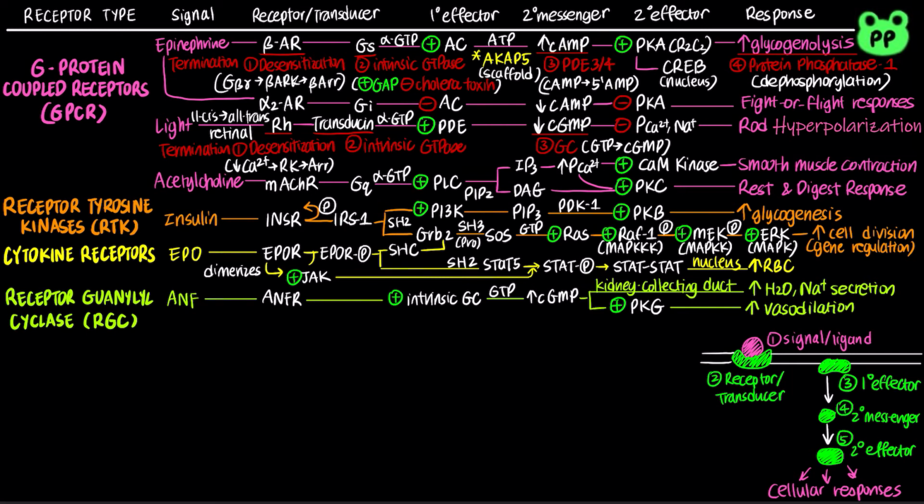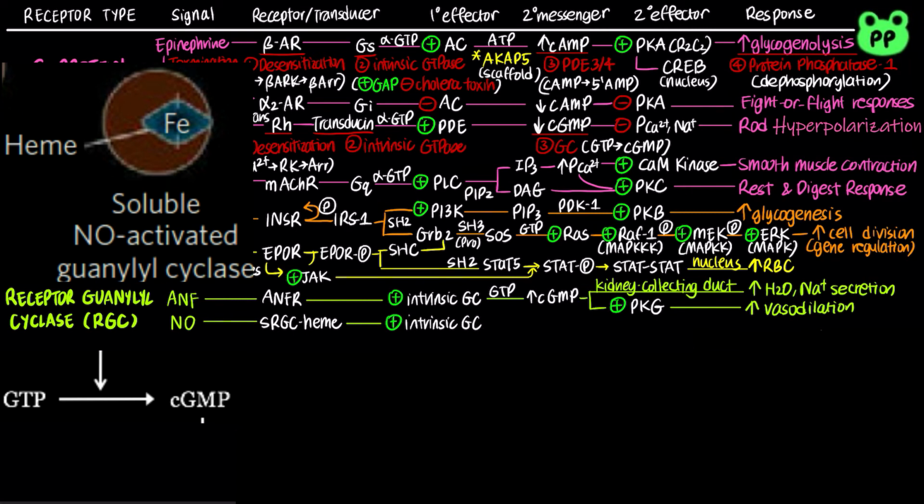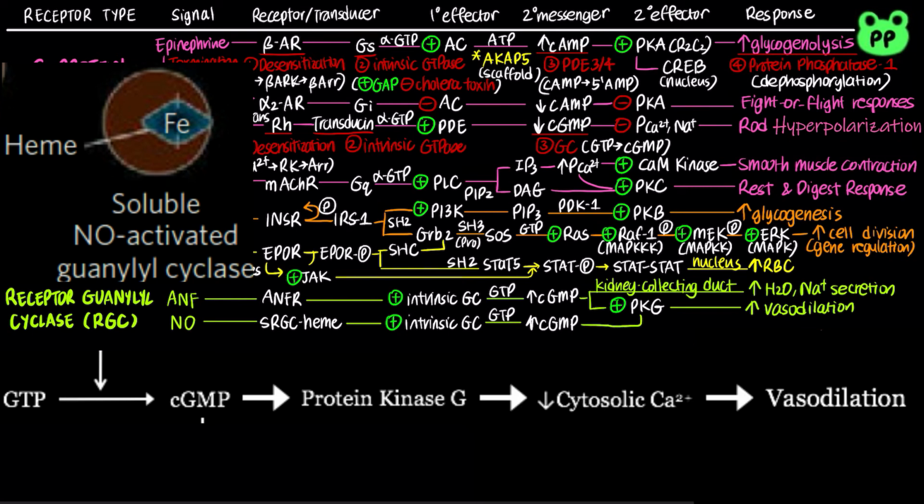oxide. Nitric oxide is sufficiently nonpolar to cross the plasma membrane and binds to a soluble receptor guanylyl cyclase found in the cytosol, abbreviated as sRGC. Nitric oxide binds to a heme group attached to a soluble receptor, causing the intrinsic guanylyl cyclase to convert GTP to cyclic GMP, which activates protein kinase G and also results in vasodilation of various smooth muscles, including gastrointestinal tract